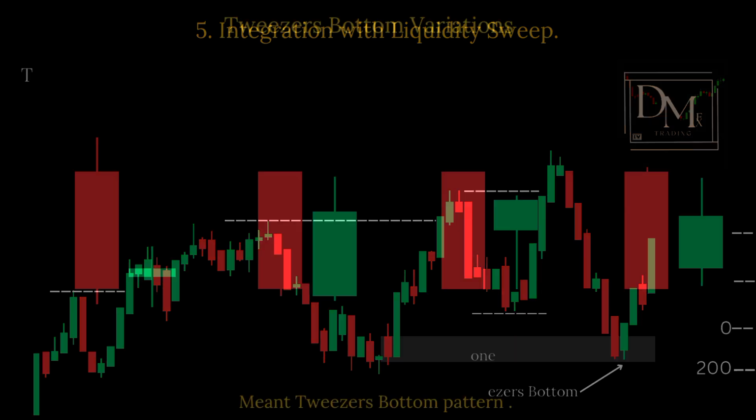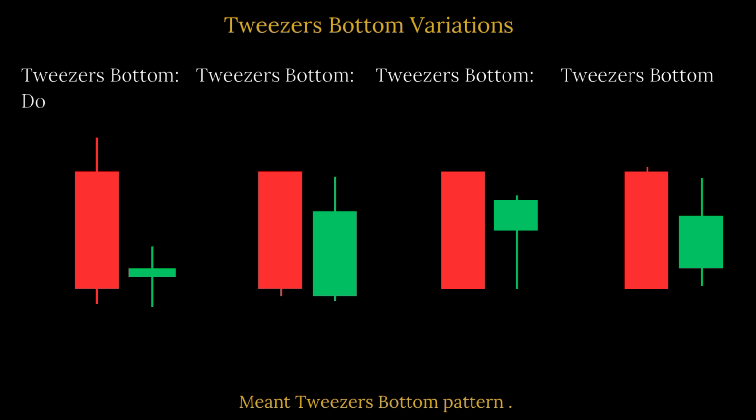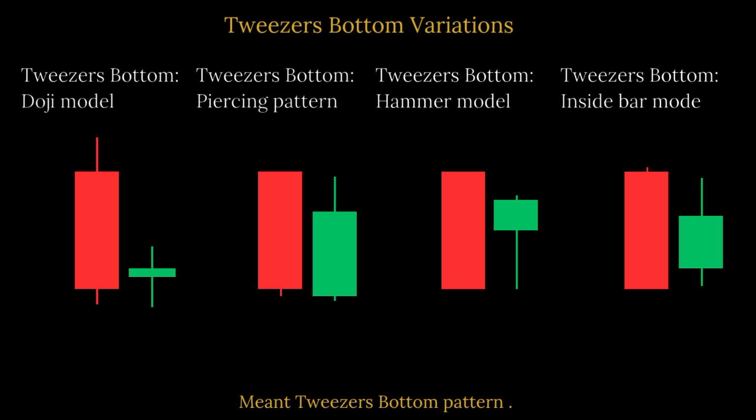Next, variations of the tweezer bottom pattern. The tweezer bottom candlestick pattern has multiple variations that enhance its interpretive depth and effectiveness as a bullish reversal signal, such as when the first candle is a large bearish candlestick and the second candle forms a doji pattern, indicating